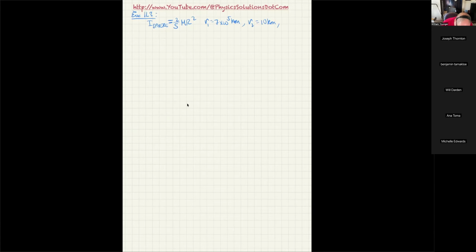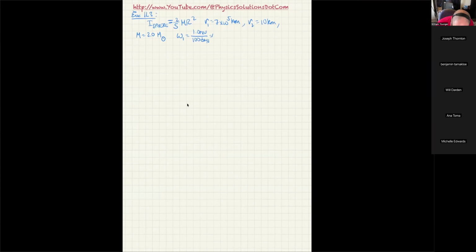We also know that the mass M is 2.0 times the mass of our sun, and the symbol we use for our sun is a circle with a dot in the middle. So it's two solar masses, and the initial rotational speed, omega 1, is equal to 1.0 revolutions per 100 days,